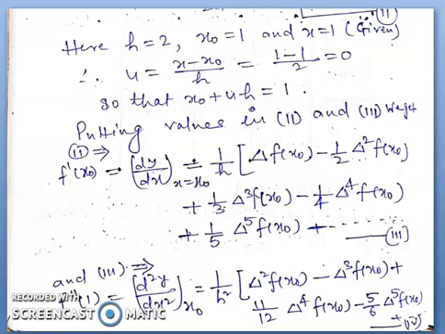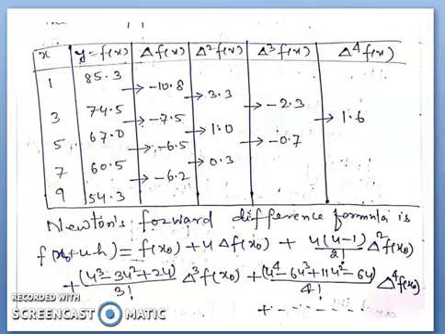Then after, in the table h equal to 2, x0 equal to 1, x equal to 1 is given, so u equal to (x minus x0) divided by h, and after that we substitute all these values in equation 2 and equation 3, we get the first order and second derivatives, and then after from the difference table,